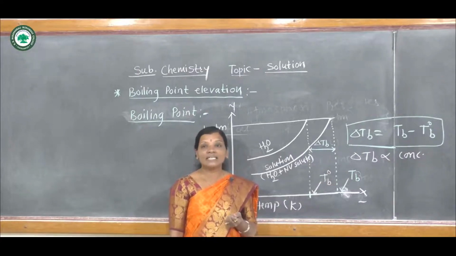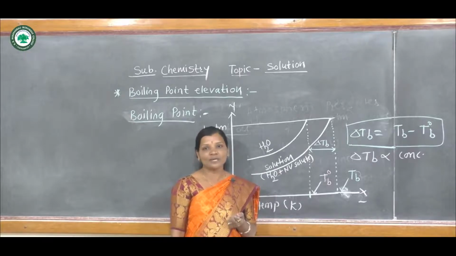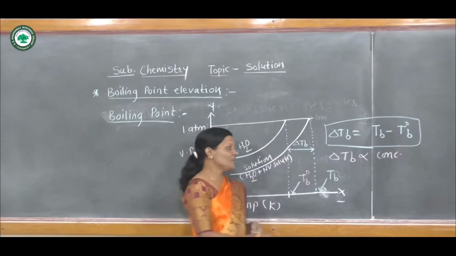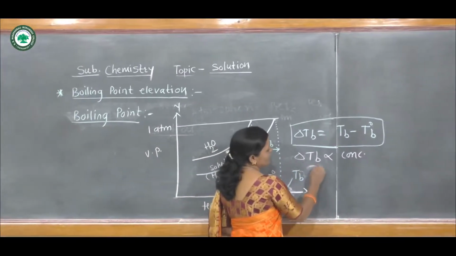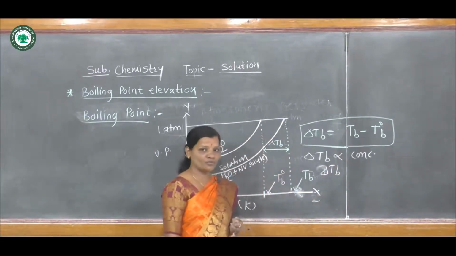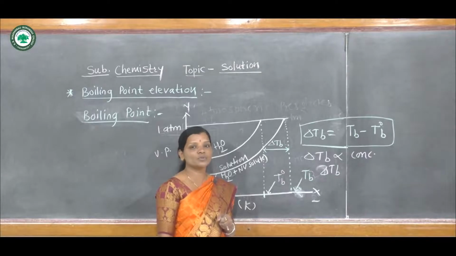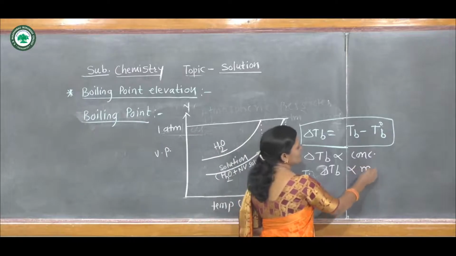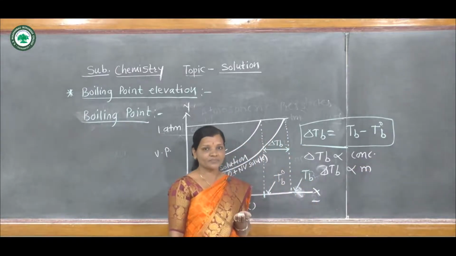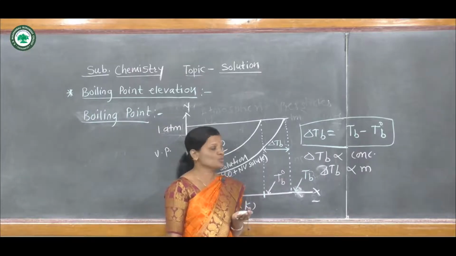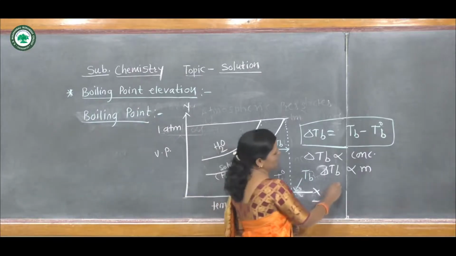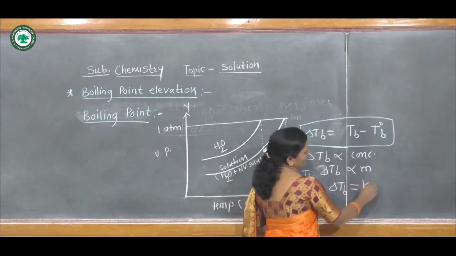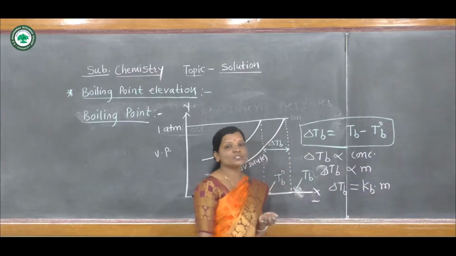Because molality is independent of the temperature of the solution, and molarity is a temperature-dependent property. So here we can consider that delta Tb, that is the change in boiling point of the solution, or the elevation in boiling point, also called the rise in boiling point, is directly proportional to the molality of the solution. Hence this equation we can write as delta Tb is equal to Kb into molality of the solution,